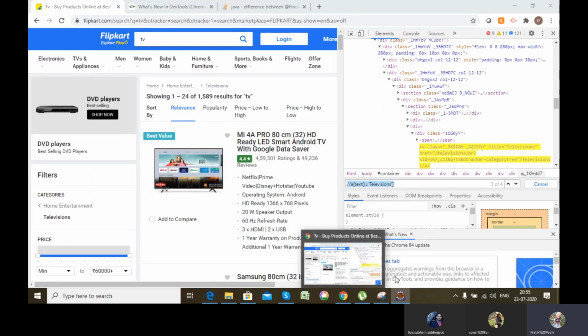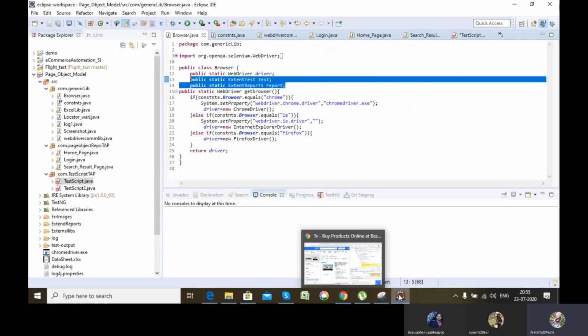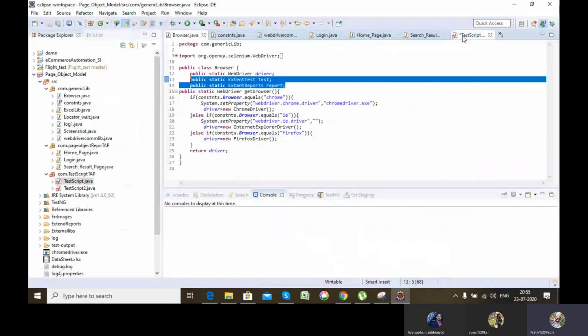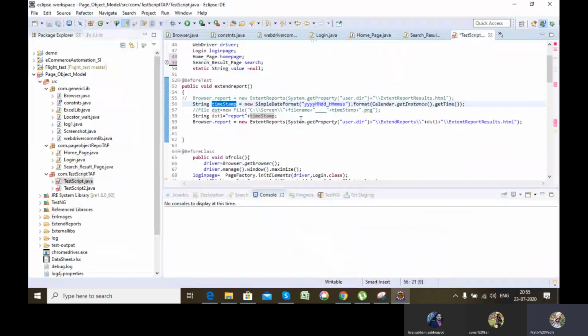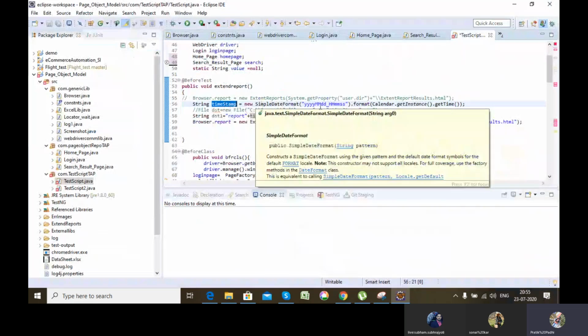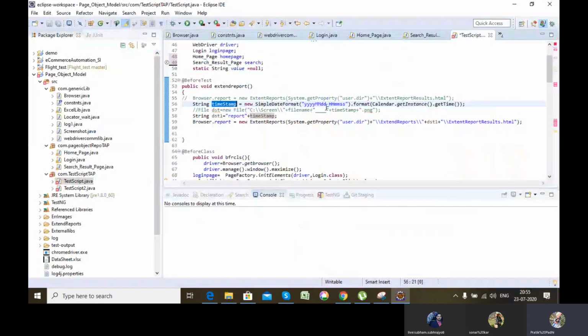So now I have created two variables, you can say one is test, one is report. I'll be using this particular variable to create the extent report for this run. First I'll create a timestamp variable where I will store the value, using the Java functions, of the date, time, year, hour and minute in which I am doing the automation run. Then in a string destination, I'll use report plus timestamp.